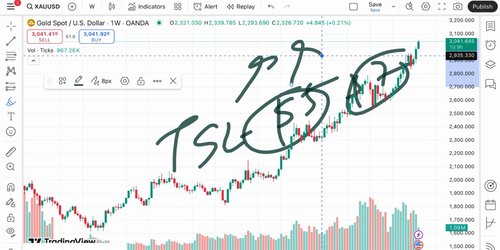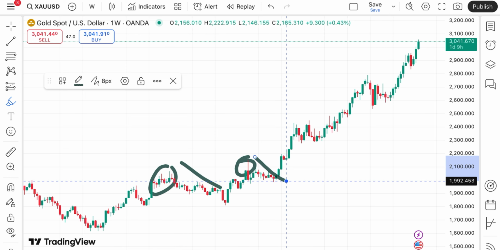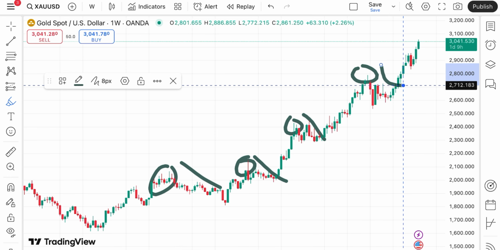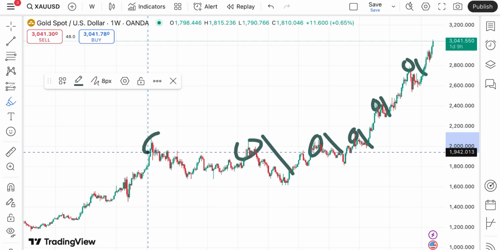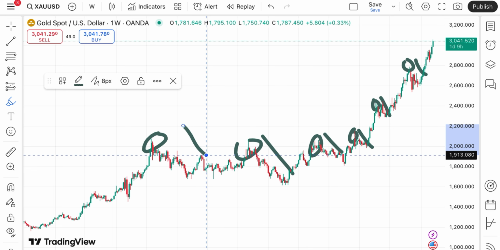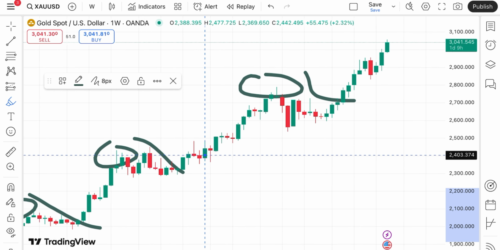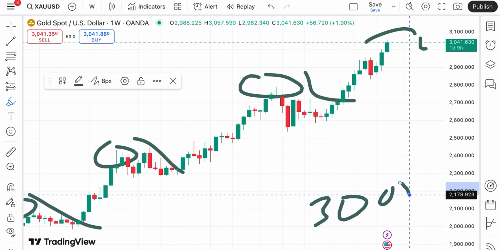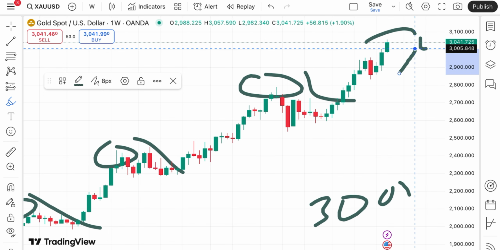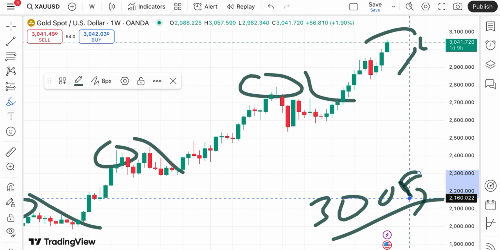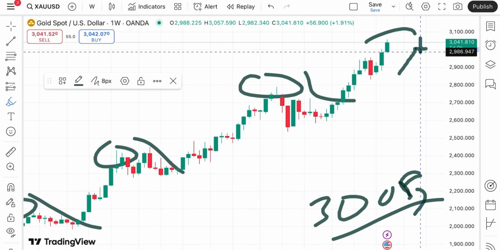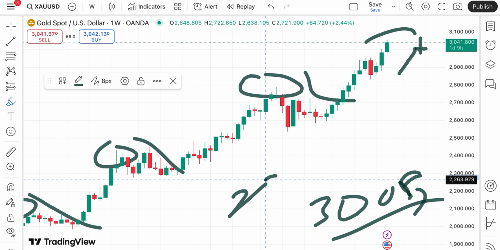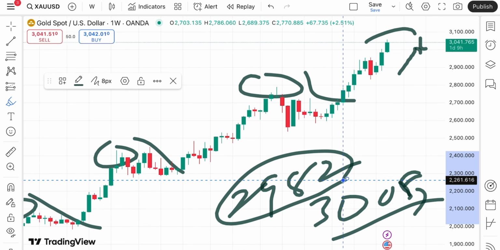But as I have already explained to you, whenever it makes a new high, we have seen a good fall come. Okay, so if the price started falling below this particular level, we can see a further downfall. So if the price started forming a swing there, we can see the next support level coming at a level of around $30.05. If you look at this particular trend, we can see a level of $30.05, and once the price started falling below $30.05, the next level is $29.82.